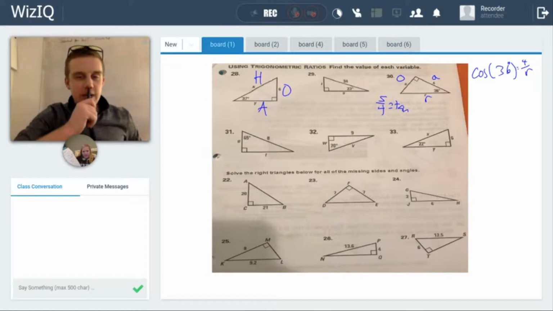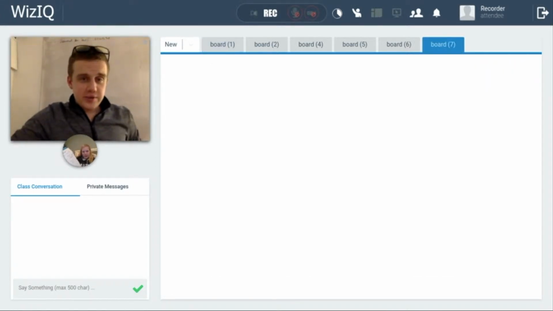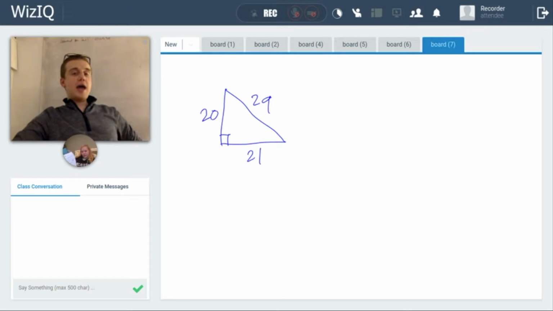Okay, well then maybe how about I do an example? In fact, I'll use the triangle that you already found the hypotenuse of. It's like this: 20, 21, 29. We know this is a right angle, meaning it's a 90-degree angle, and that's all we know. We don't know anything else. However,